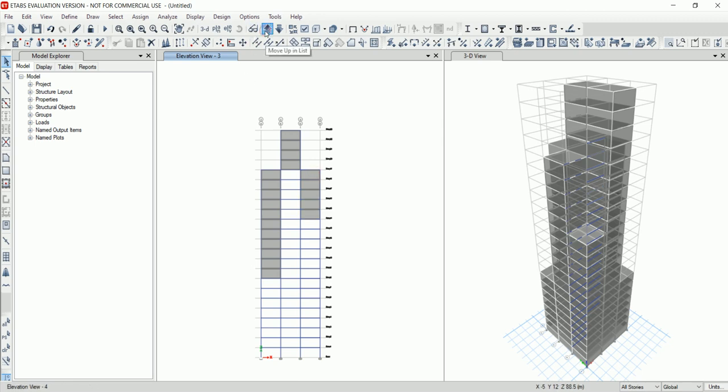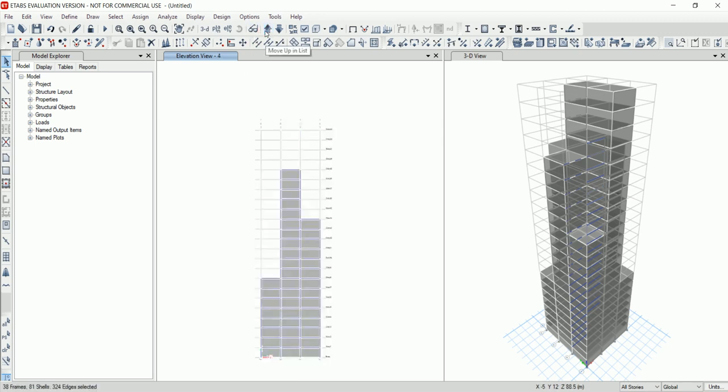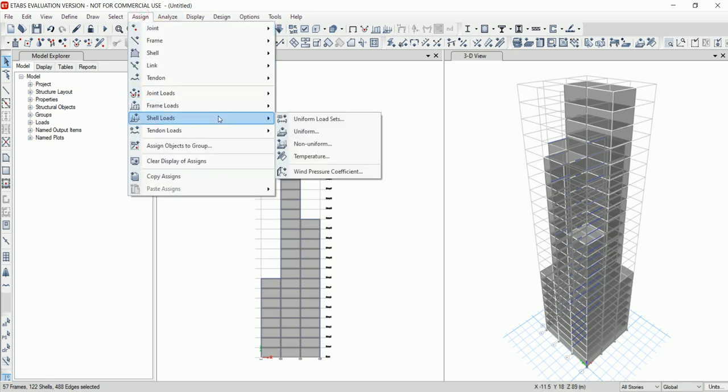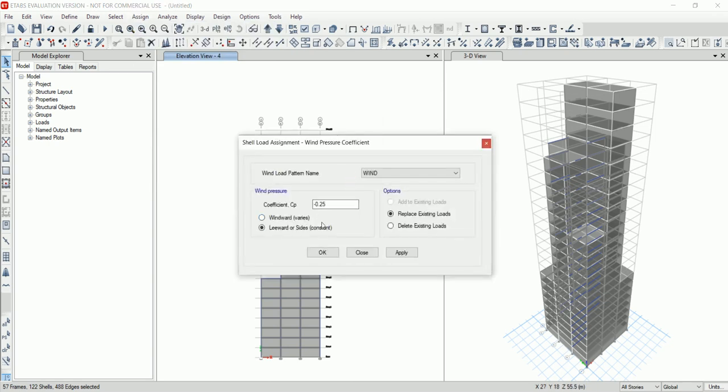Again go to elevation 4. Now go to assign, click on shell loads and click on wind pressure coefficient and set the coefficient to minus 0.8. Click on apply and click on OK.